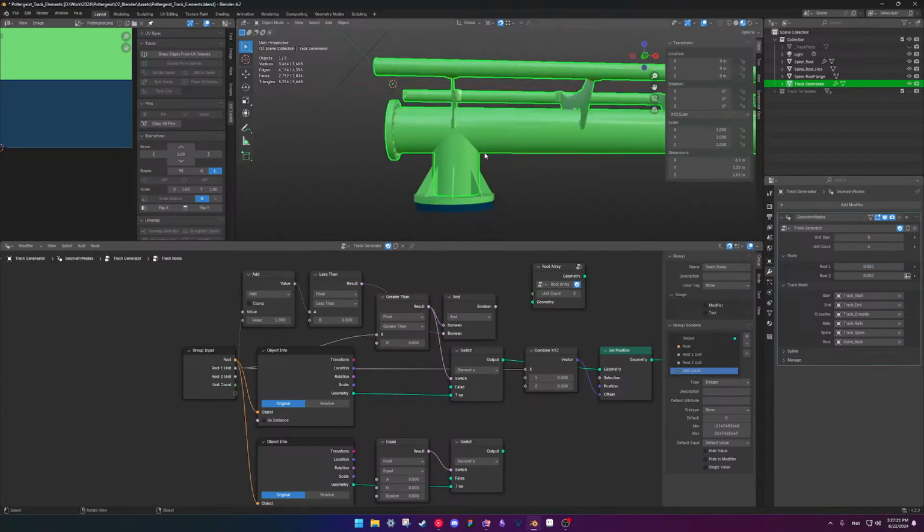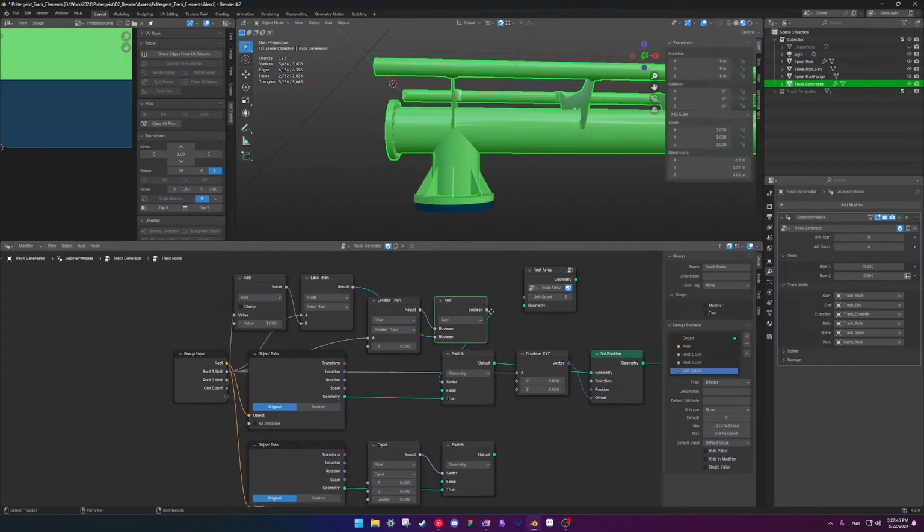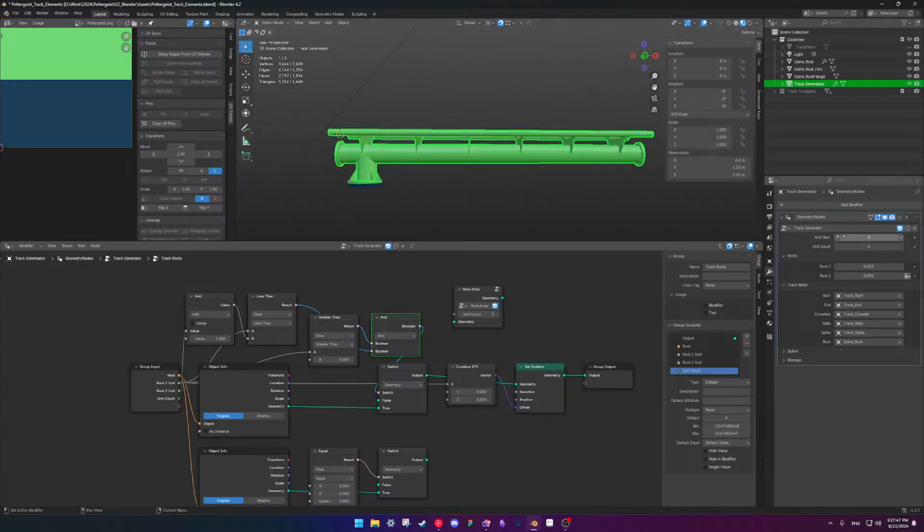So if unit 1 is greater than 0, let's move this here. So if unit 1 is less than that also, then we'll move that here. So if I keep going, it should stop.